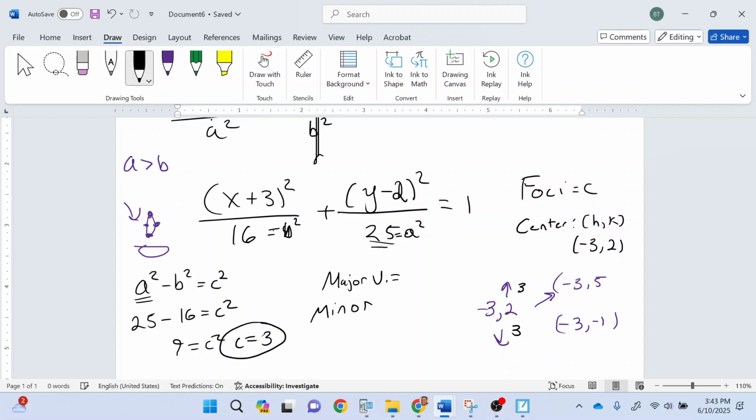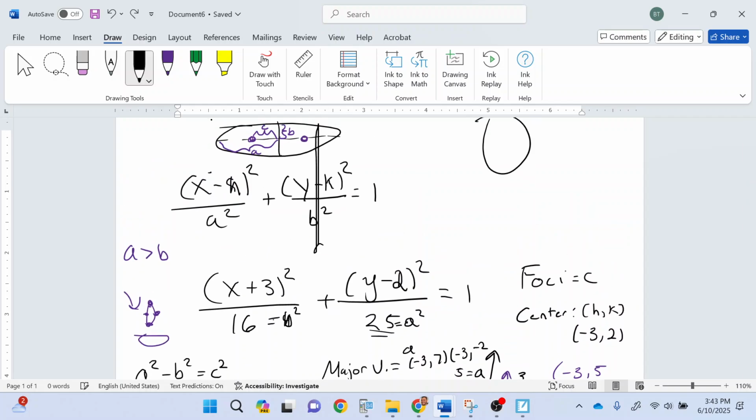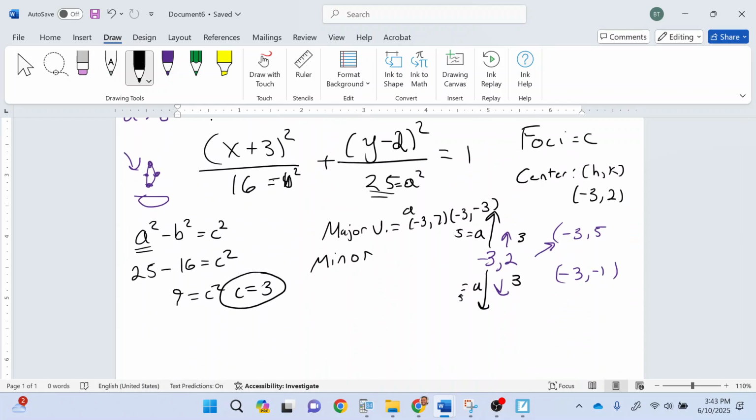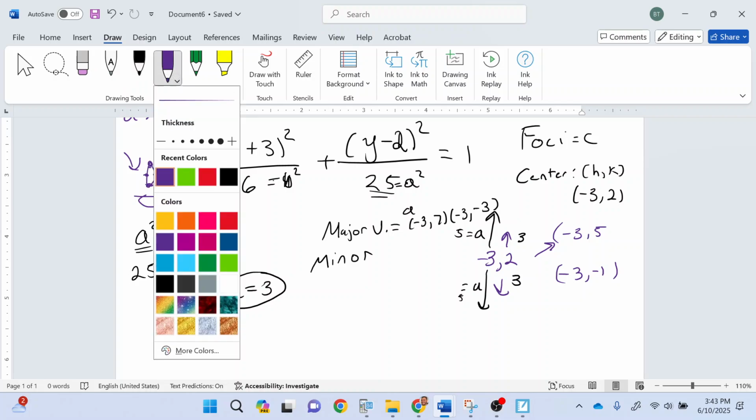So the major vertices are a distance away from the center. My major vertices are going up and down from the center, which in this case we could figure out is 5. So my major vertices are going to be negative 3 comma 7, because I would plus 5, and negative 3 comma negative 3, because 2 minus 5 is negative 3. My minor vertices